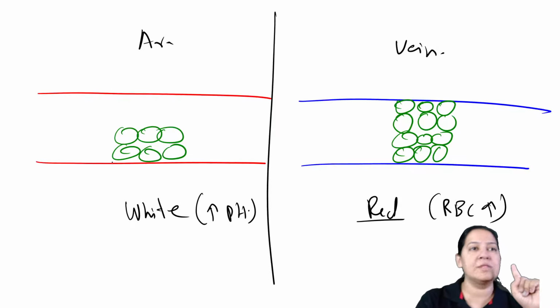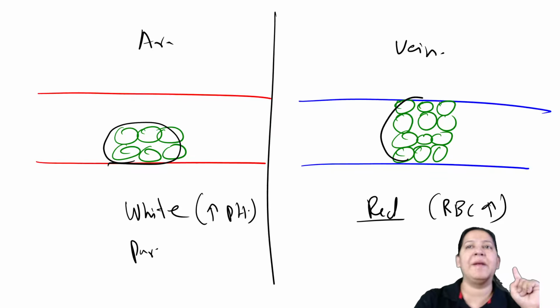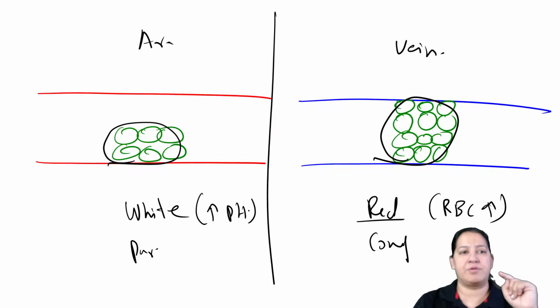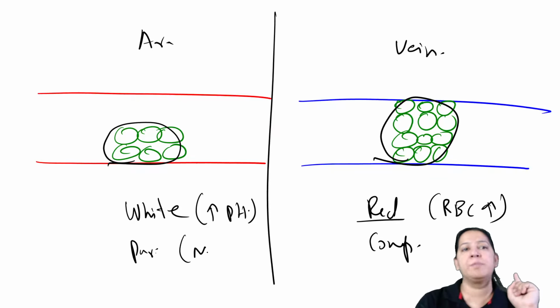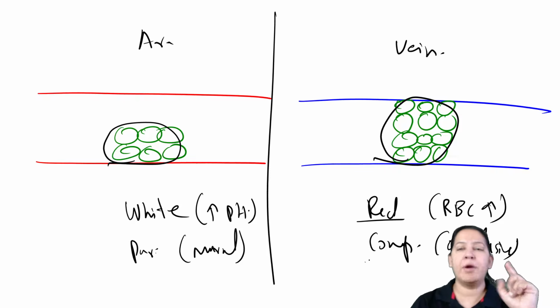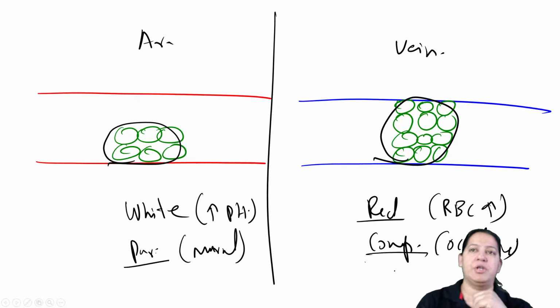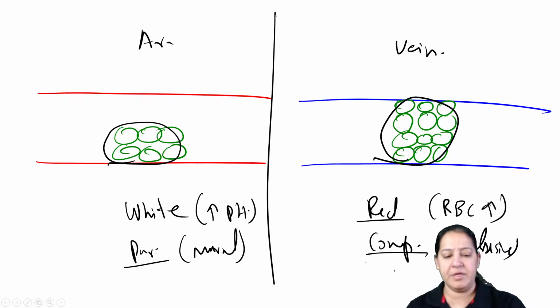Arterial thrombus is not completely obstructive. It is partially obstructive. And here it is completely obstructive. Partial obstruction is known as mural, so it is mural in nature. And venous thrombus is occlusive in nature because of complete obstruction. So here partial obstruction, here complete obstruction. You got the differences till now? The next difference, let me tell you.